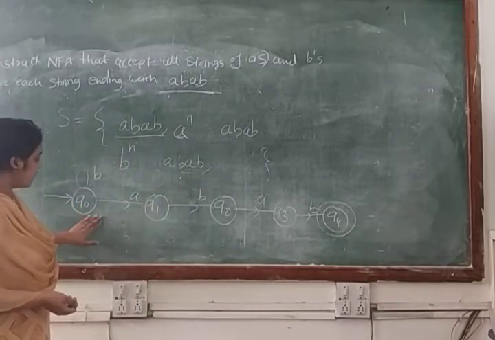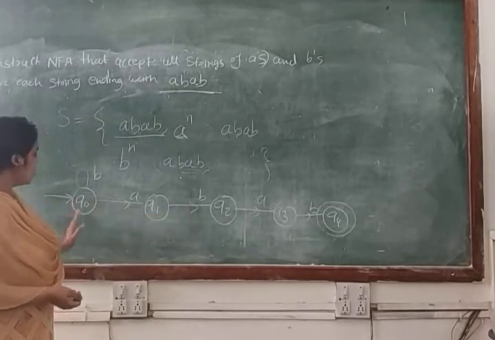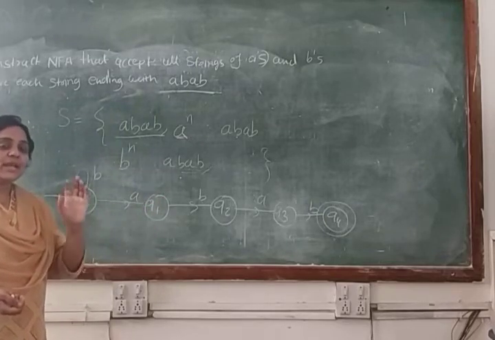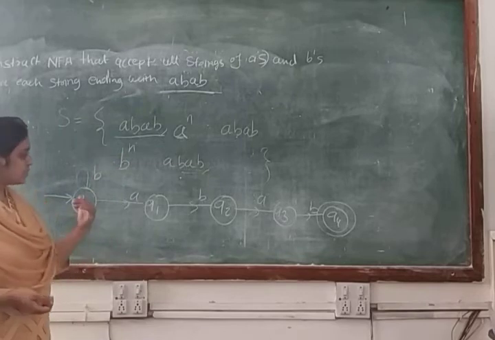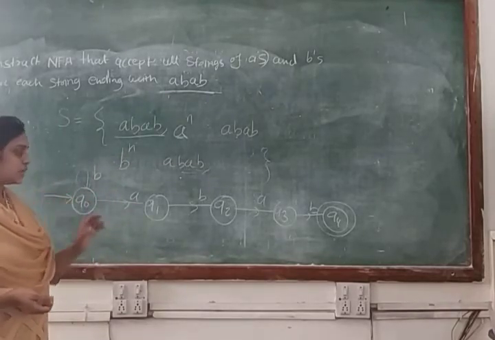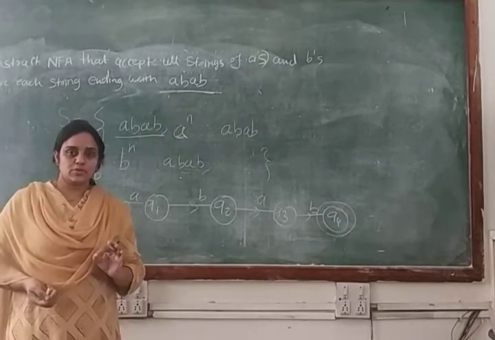And this string is not part of your language, so that's why we cannot make this condition. Same thing happens if we are making a condition for the input symbol B from the state Q0 to Q2 or Q0 to Q3 and Q0 to Q4. In that case your machine will accept a string which is not part of your language. Okay? So that's why we cannot make this condition. In that case we have only one choice. We will make the condition in the form of a self loop from the state Q0 to Q0.